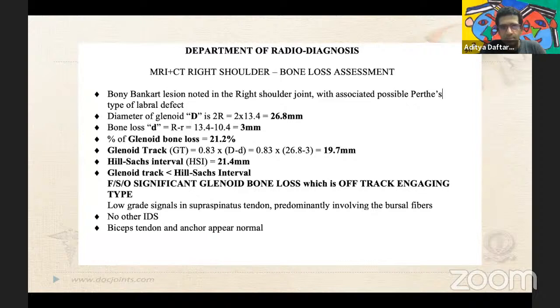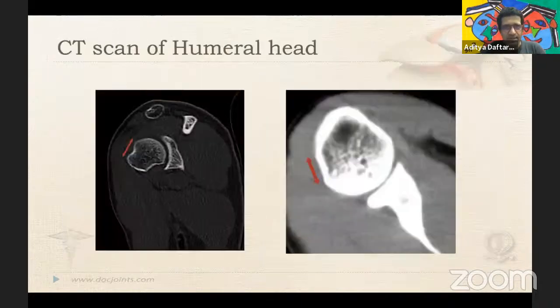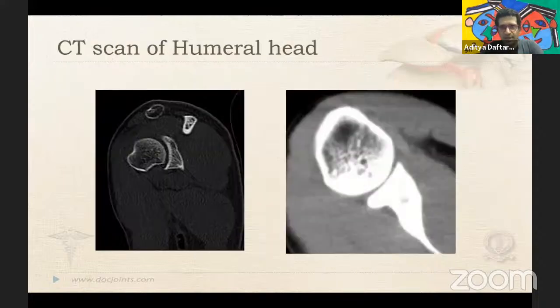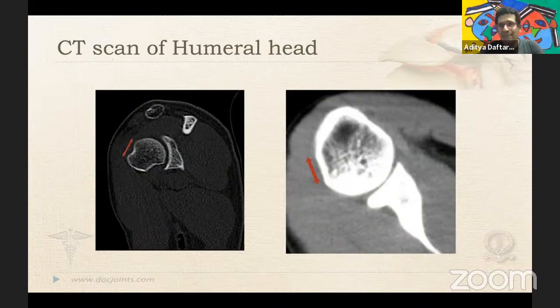Sorry, I'm just going to interject. Can you go back to the measurements for the last two, and the one before that? There's something there, for the Hill-Sachs measurement. If you look at this slice that you're measuring the Hill-Sachs on, you are actually at the mid glenoid level. I know, I have not measured, sorry. So that's what I'm saying. This is where the mistakes happen. The reason I'm pointing is this is where the mistakes happen.